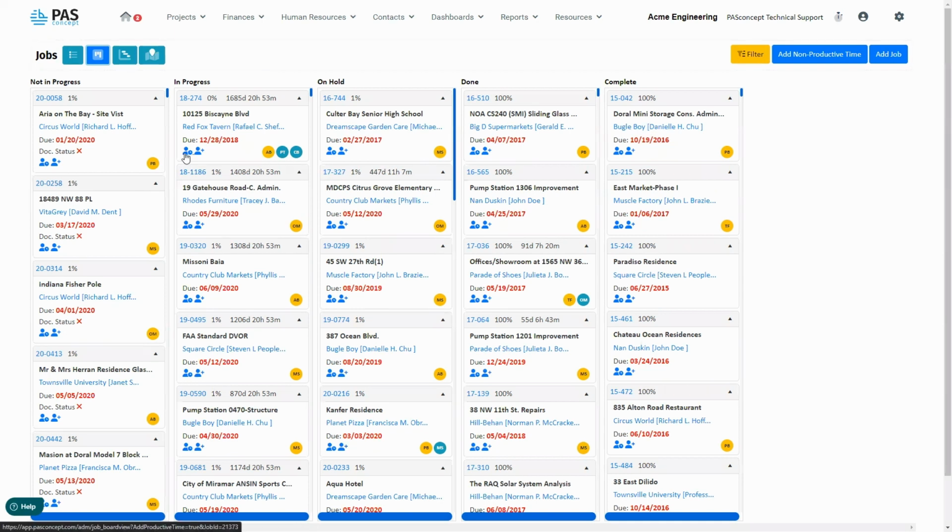Now, over on the side, we've got these two little icons. The first of which is a button for adding time. This is one of the many ways in which time entry can be done. We'll be discussing those moving down the line a little bit, but I will be referencing this one, and I guess I'll take the opportunity to show it to you now. So here, if I were working on this project and I was on this list, rather than having to navigate away from this list, go over to my timesheet, find the project, enter it, I could do so very quickly here by simply clicking on this button.